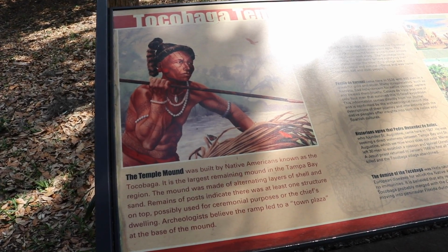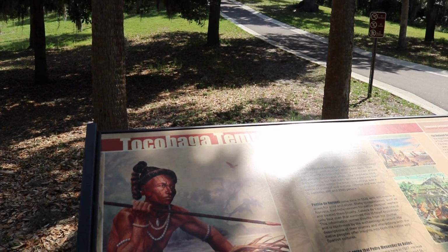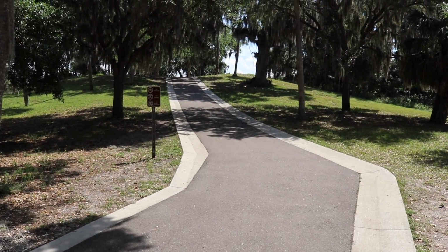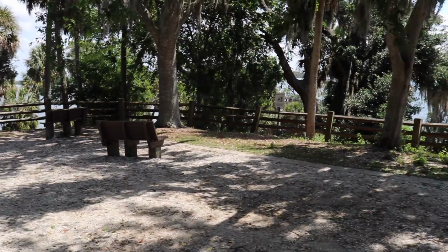This mound was said to be a ramp that led to the town plaza and was used for ceremonial purposes, and possibly the site for the chief's hut. So the chief most definitely had the high ground. So I'm walking up the mound, and this spot here is very cool because this indeed could have been one of the first, if not is one of the oldest, basically civilizations on Tampa Bay. No signs of arrowheads or Indian artifacts, but there are some benches out here